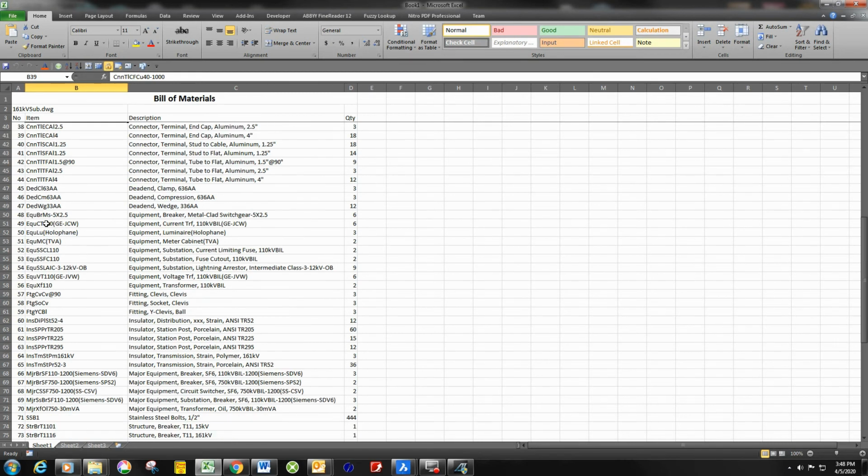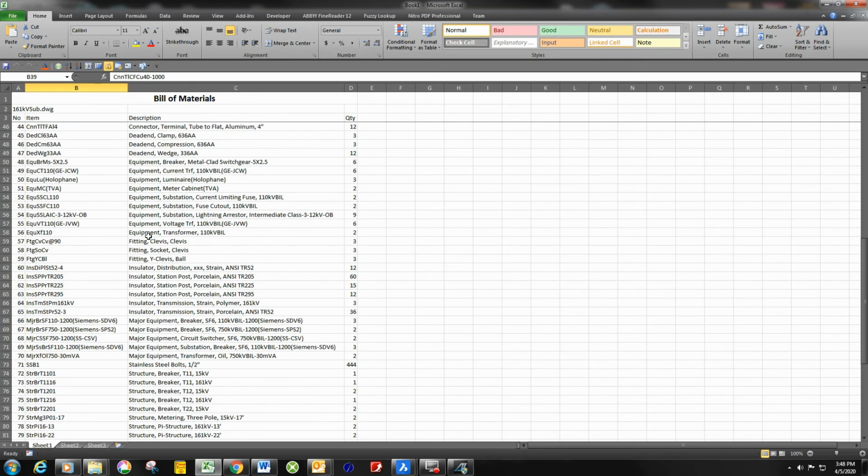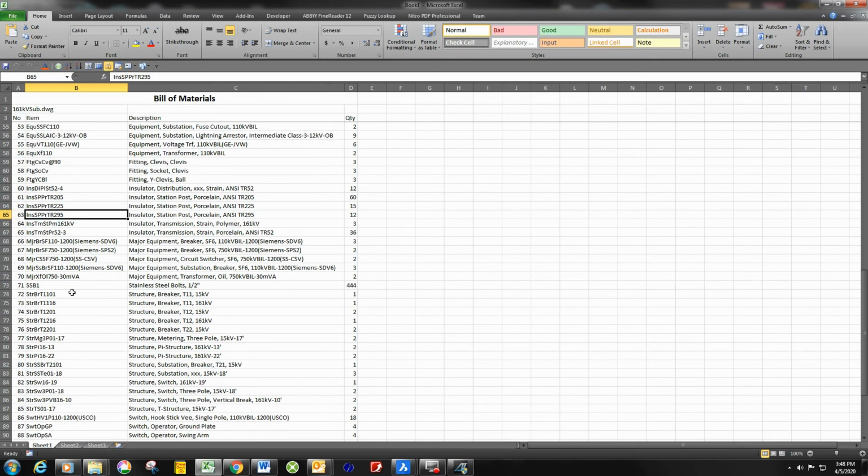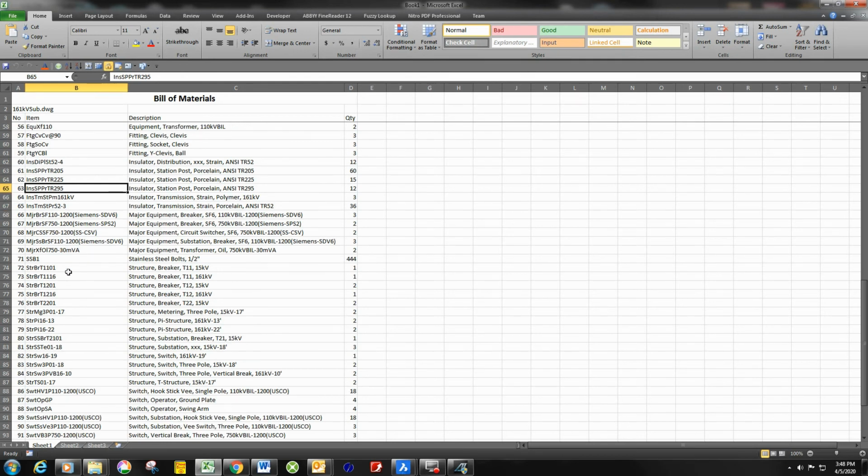Moving on down, you can see your CTs and your VTs. We didn't even talk about the Hall of Fame luminaires through there. You probably saw those. There's our TR295 insulators, and here's our major items with breakers and circuit switchers,